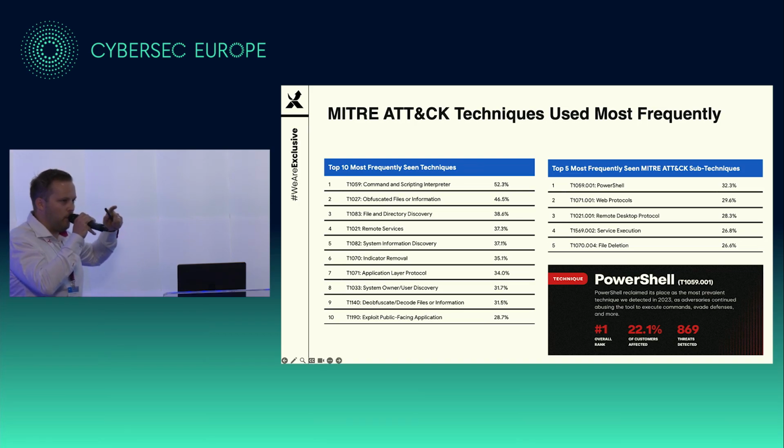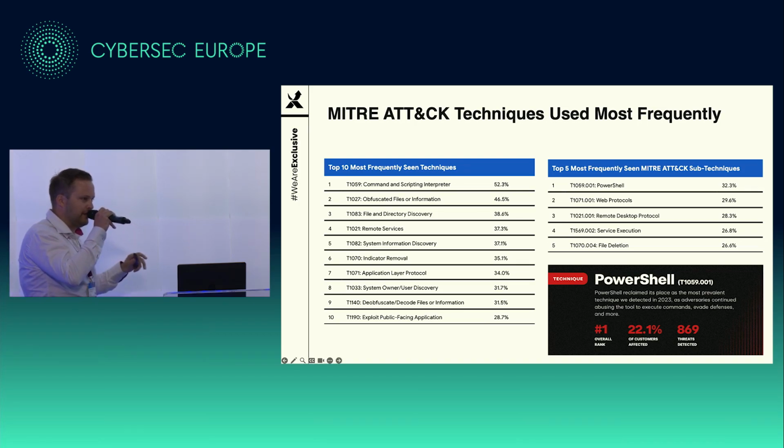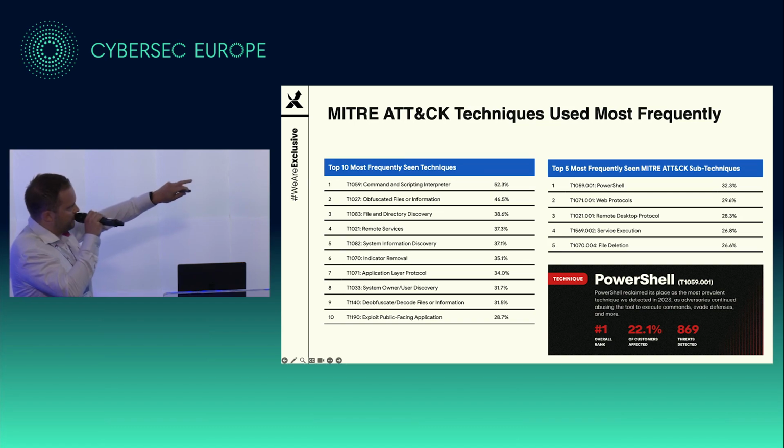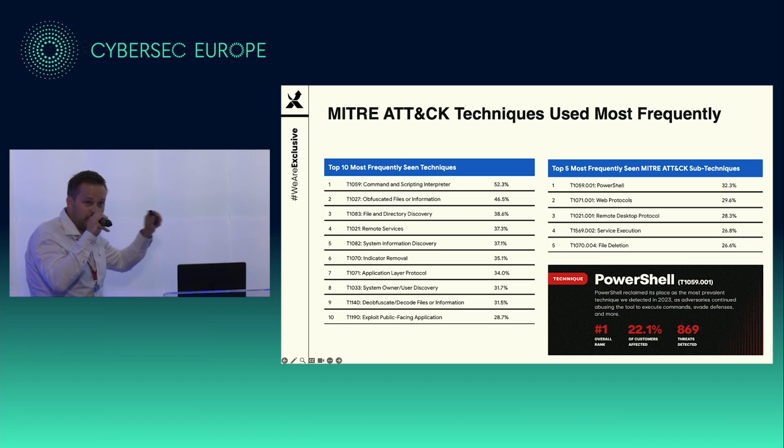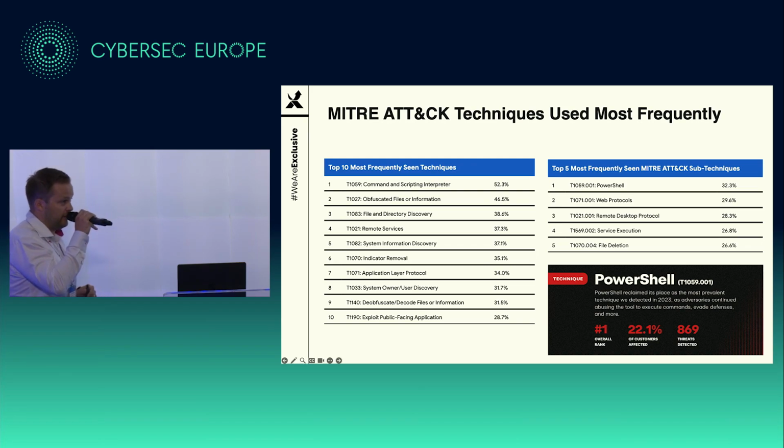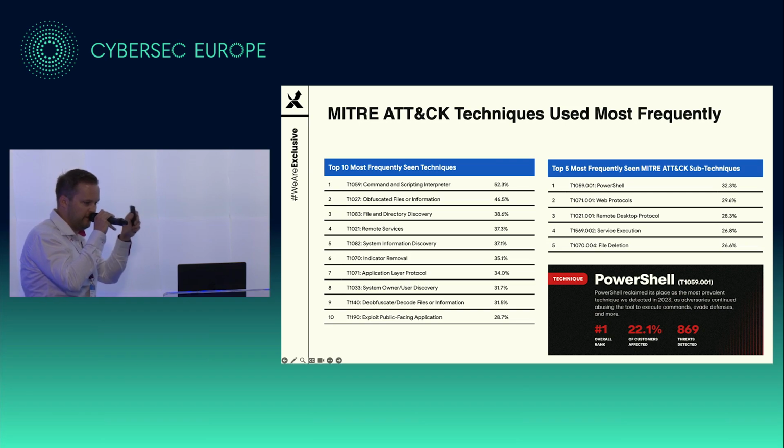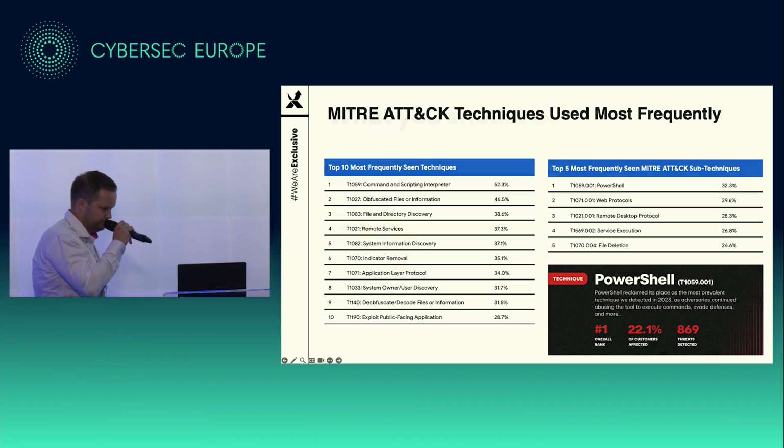You saw that once the attacker was in, they didn't use any malware anymore. They did what we call living off the land. Use the tools provided by Windows itself. And that's exactly what those attackers do. So on the top right, you can see all the protocols being used: PowerShell, web protocols, remote desktop. These are all native Windows protocols that you can just use as an attacker to go through the organization. You need to be able to detect this and have tools in place to see any anomalies in there.